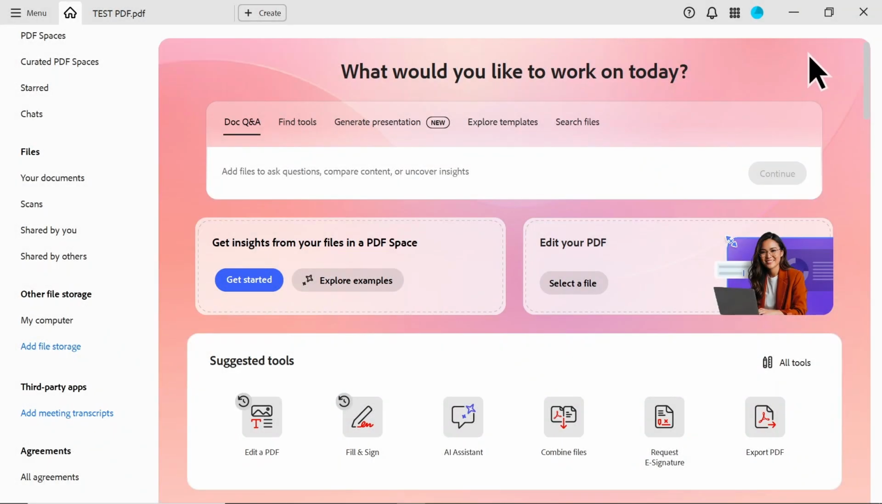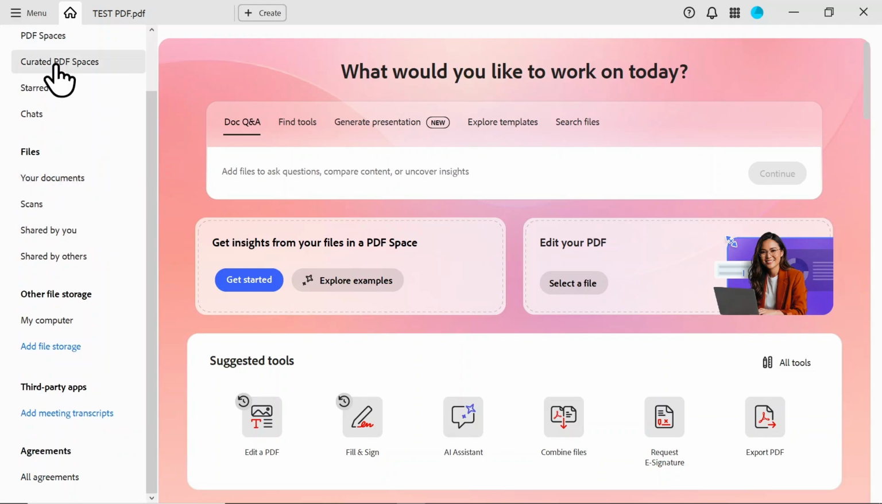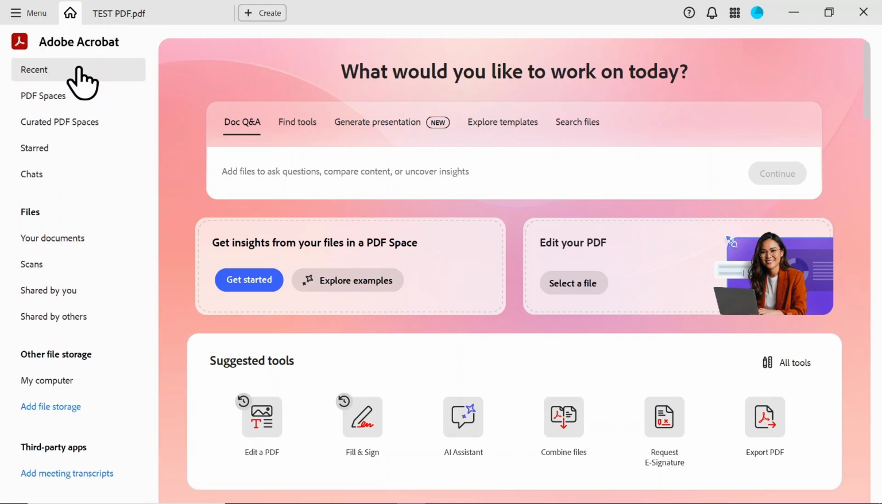Today, I'll show you how to combine files into one PDF in Adobe Acrobat. First, open Adobe Acrobat on your computer. On the home screen, look for the Tools section. Click Combine Files. If you already have a PDF open, you can also find this option from the Tools panel